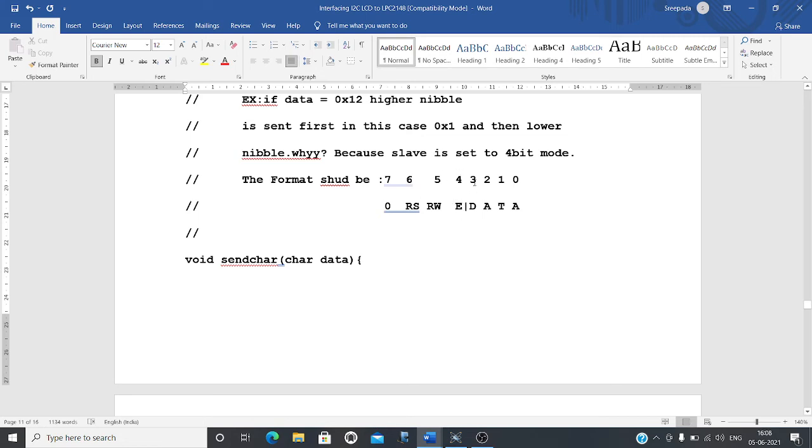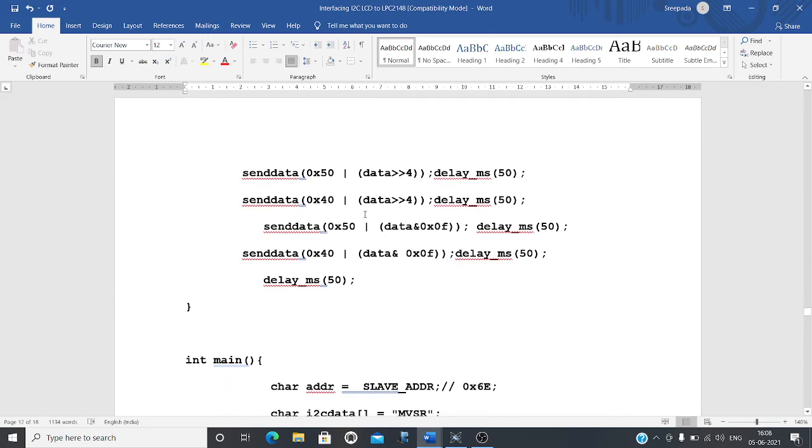So 0x50 corresponds to the control bits, and the data right shifted towards the lowest bit positions corresponds to the actual data. In total you are sending 8 bits to the send data function.